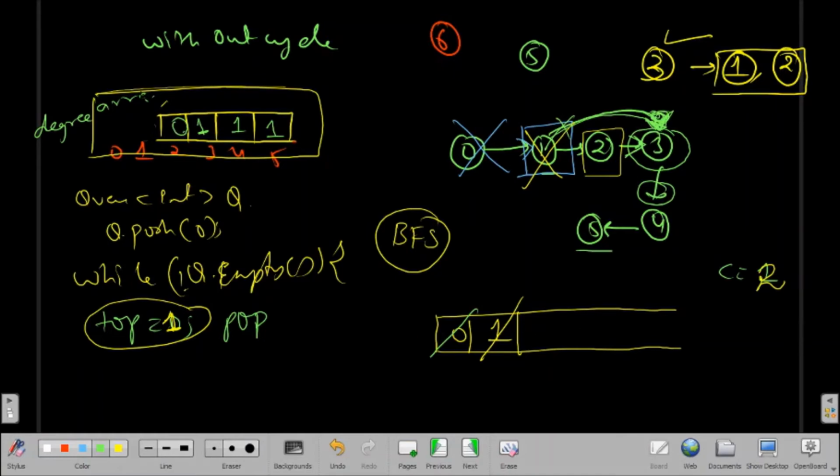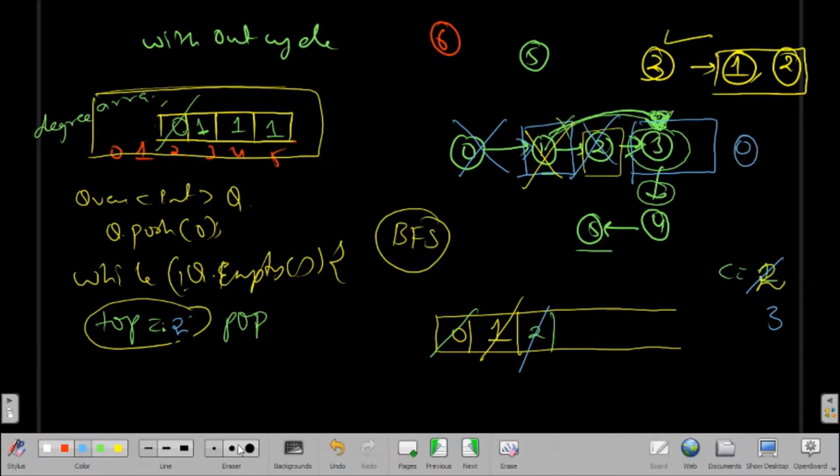Again I'll check if there is any value 0 in my in-degree array. So I'll see yes, so I'll insert that 2 and delete from here, and again I will maintain it in top and pop it. So I have 2, so I will pop it and increase my count value to 3, and I'll see the neighbors of 2. The neighbor of 2 is 3 only. So we'll delete this because we have completed the course. So for 3 we now have 0 prerequisite.